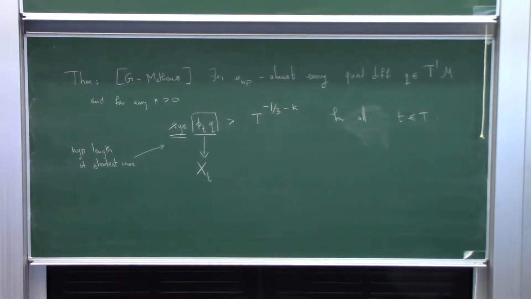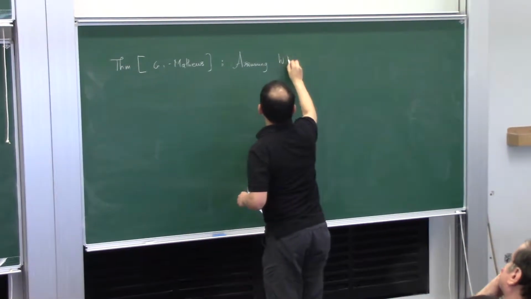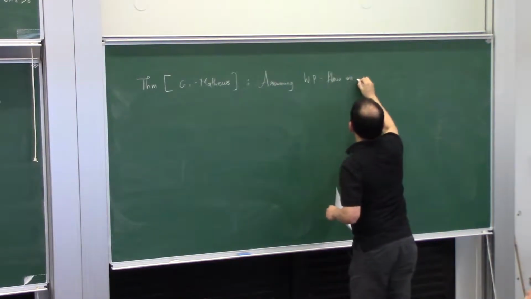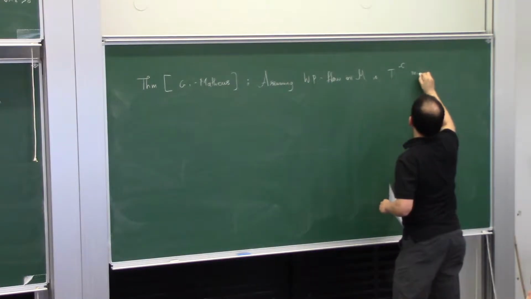And the second part of the theorem requires a mixing assumption. So assuming the WP flow on M is t to the minus c mixing for some c bigger than 0,